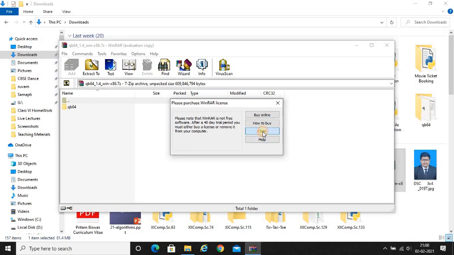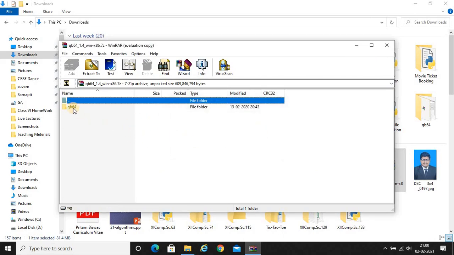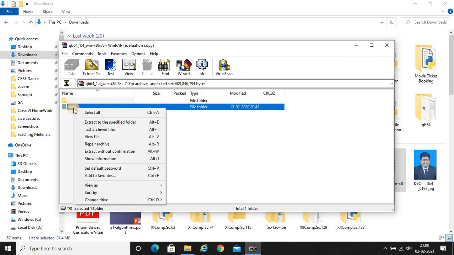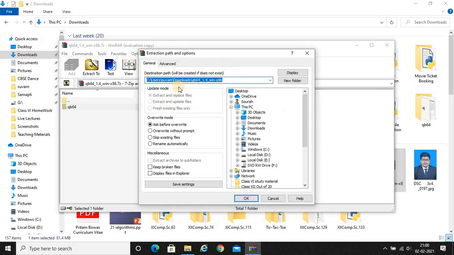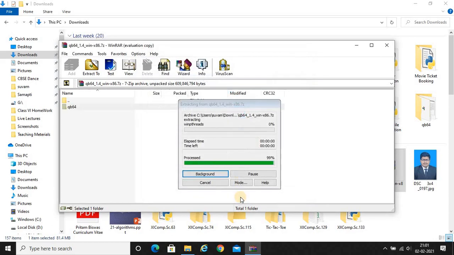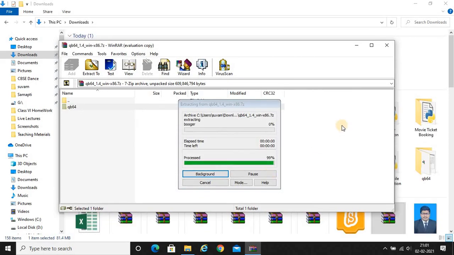Okay. Now after that, from here you can right click, see, extract to the specified folder. You will choose this one, so you will click on this. It will give you a platform like this where this option comes to you. Now I will click on OK. See, right now it will be putting this extracted form in the same folder where I am right now. So it is processing. Let it be processed properly.